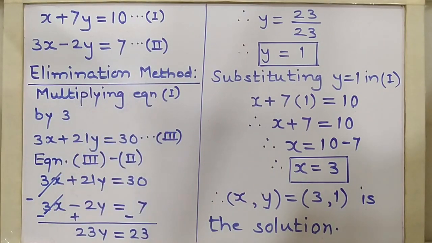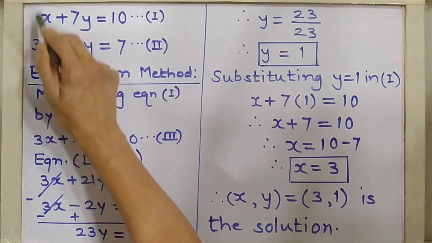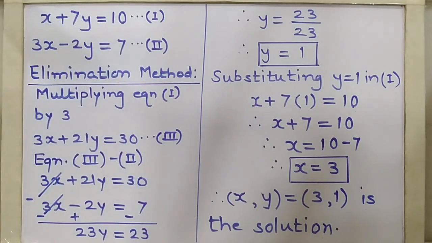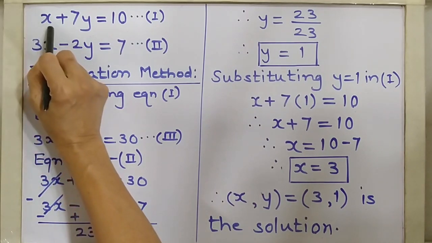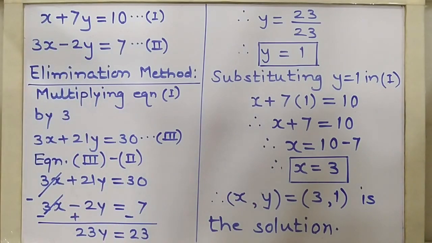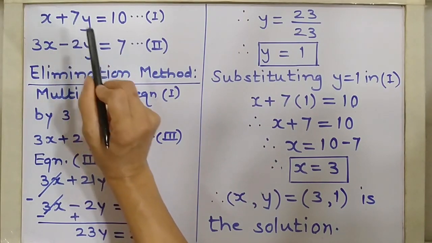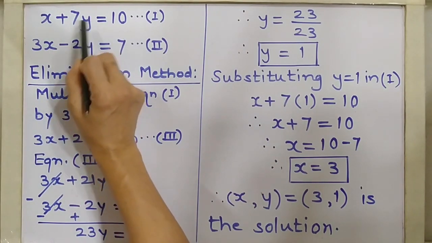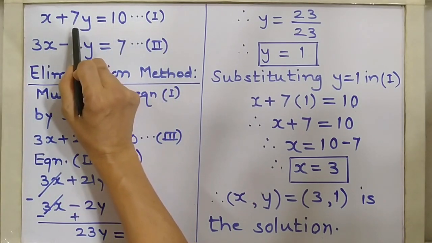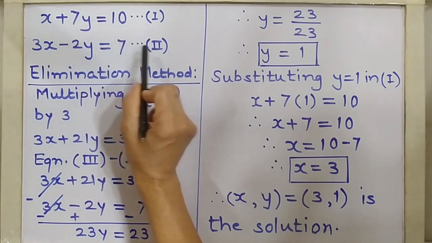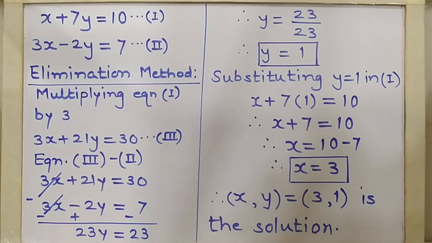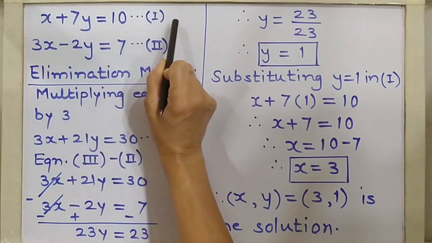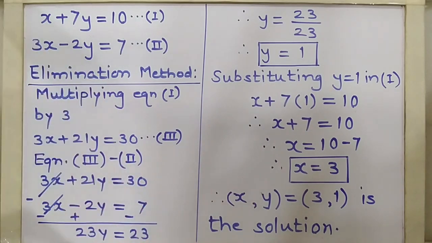For the elimination method, you know that the coefficient of any one variable in both the equations should be the same. So here it is 3x, so in the first equation also the coefficient of x should be 3. And for y, in one equation it is 7, in the other it is -2, so it should be the same in both. If you multiply the first equation by 2, it will be 14, and if you multiply the second equation by 7, it will be -14. But this is easier, so what I will do is that I will multiply my equation number 1 by 3.